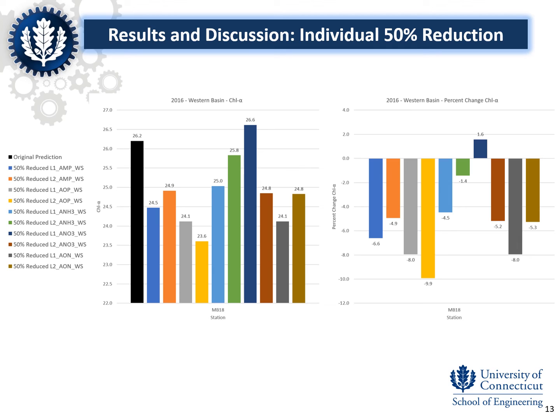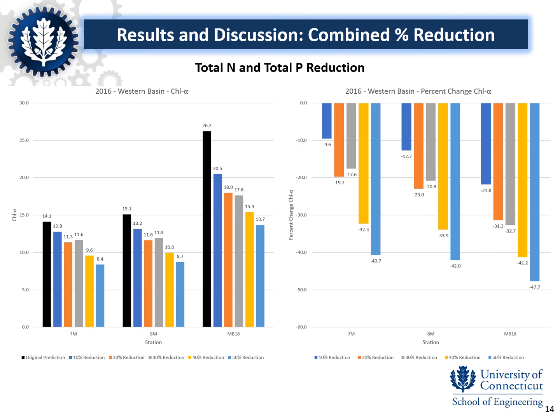This further strengthens the fact that reducing groups or combined forms of nitrogen and phosphorus fertilizers is more effective than reducing only one type of fertilizer. For the final scenario, we explore 5 different combined reduction strategies: a 10% combined reduction of both total nitrogen and total phosphorus at the same time, and so on with 20%, 30%, 40%, and 50%.